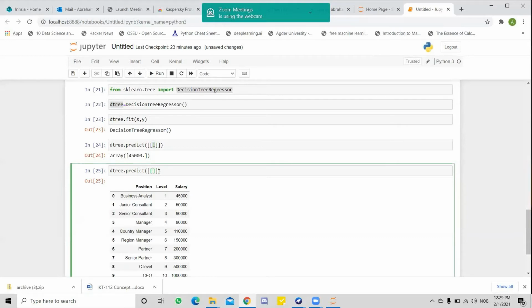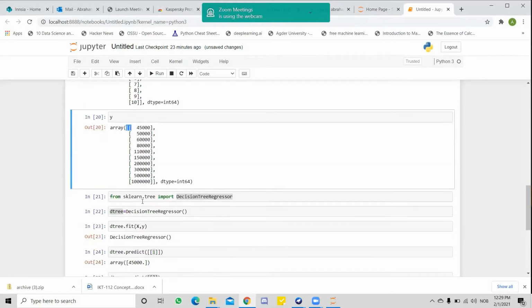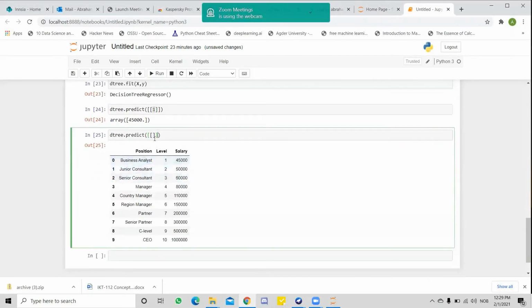Why I write two sets of closed brackets is because the data is two-dimensional. When I use the data to predict, I have to use two-dimensional data. So in order to inform the algorithm that I have two-dimensional data, we have to write two closed brackets. And for example,